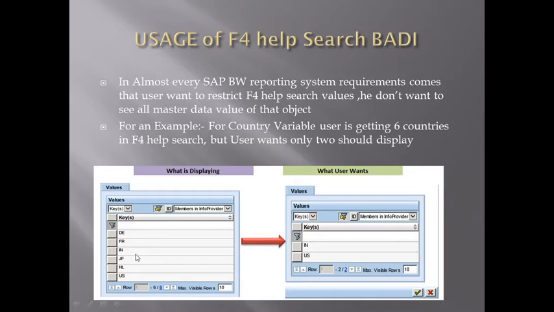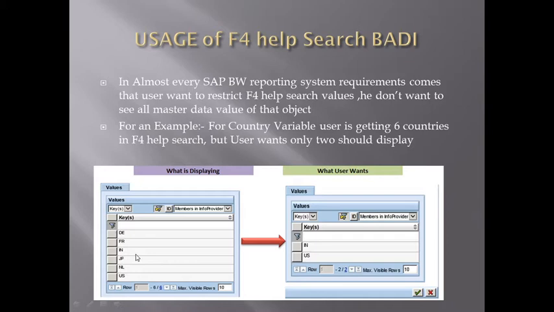Or he just wants to eliminate some of the countries. He just wants to see a particular range of the particular InfoObject. So let's say vendor range, vendor from this to this, PO number from this series to this series. This kind of scenario we can easily